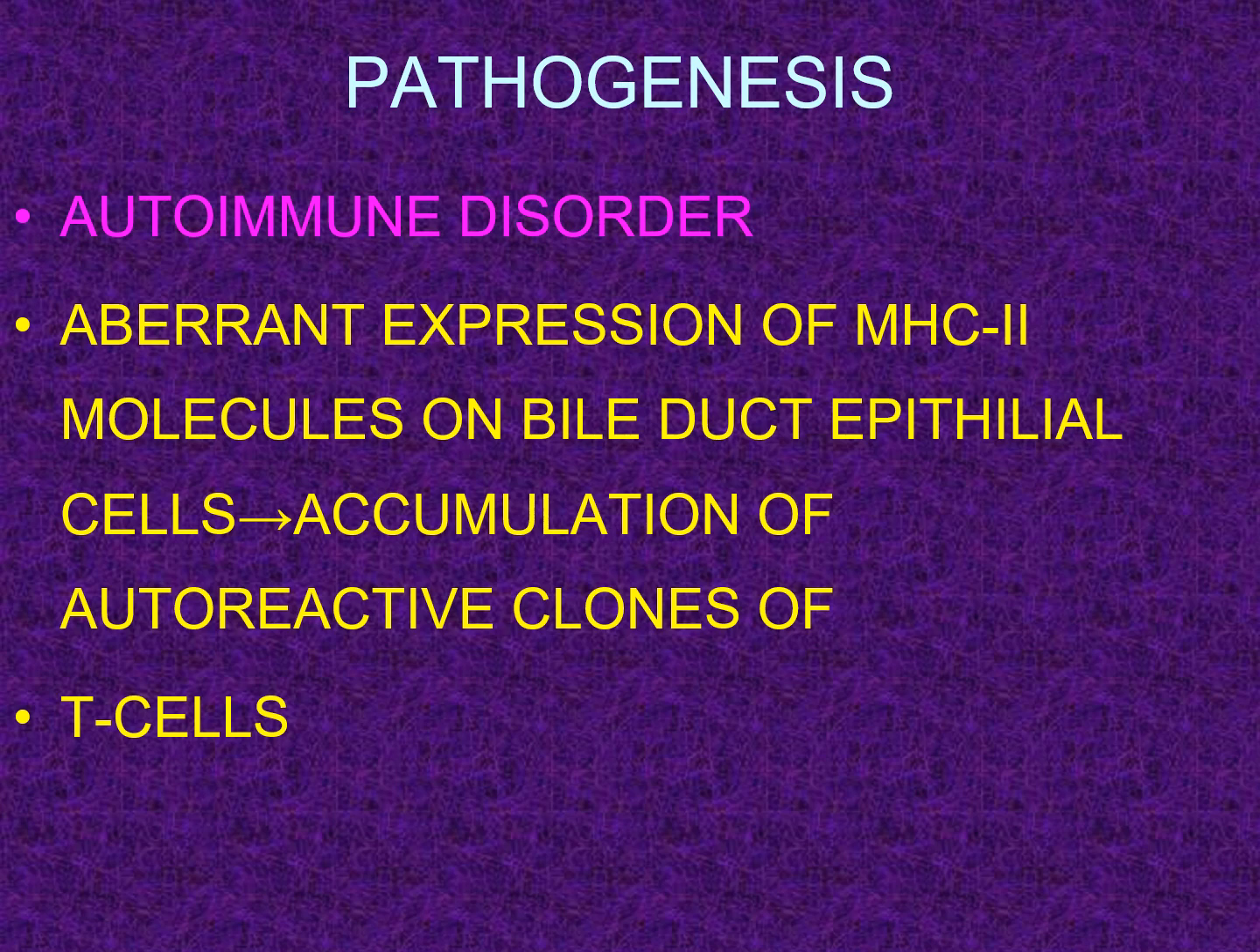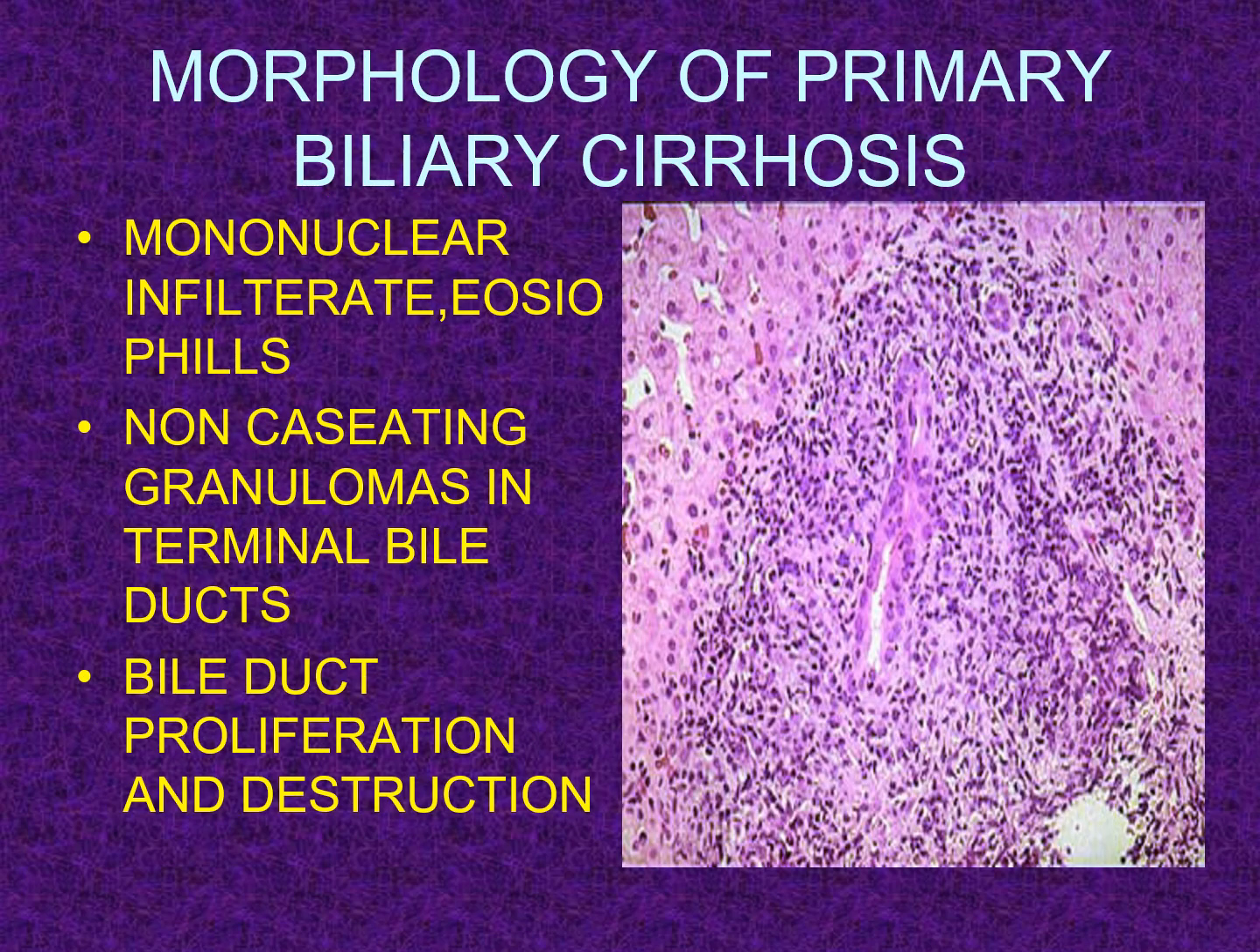disorder, with aberrant expression of major histocompatibility class 2 molecules on the bile duct epithelial cells, which leads to accumulation of autoreactive clones of T cells. This is in fact T cell mediated injury to these cells, which leads to destruction in the form of non-caseating granulomas, where there is mononuclear infiltrate, eosinophils, and non-caseating granulomas, along with bile duct proliferation and duct destruction. Normally, bile duct proliferation is seen in the ducts lying before those ducts which have been